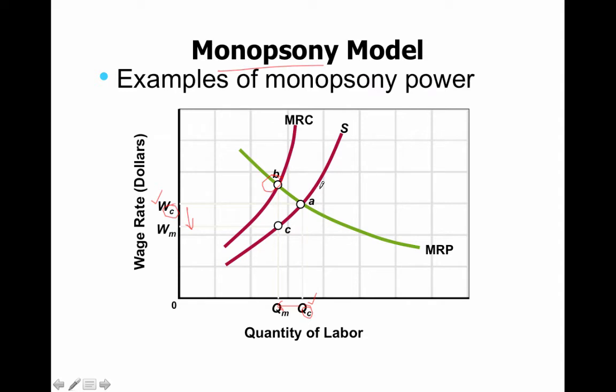And the monopsony is exerting control, it's exerting power, and the way that it does that is by hiring fewer people and paying lower wages. The lower wages, of course, are what the businesses are more interested in. They don't care about the quantity as much, as long as the quantity maximizes profit. But of course, that lower wage is part of the reason that they can